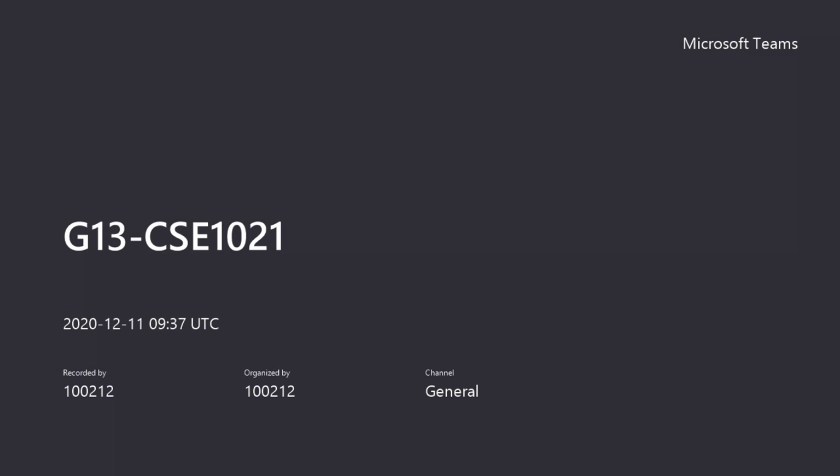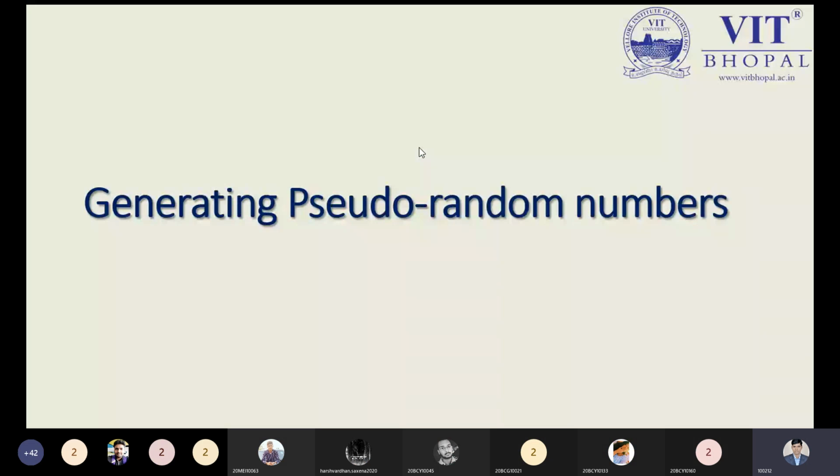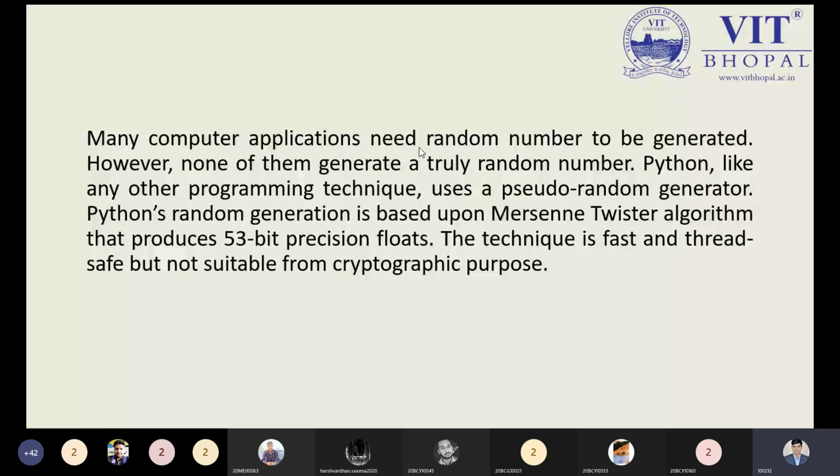Giving this part once again to all. That is generating pseudo-random numbers, since in many computer applications a random number is required. Why random number? Because if you are looking at a random number that is required to generate, we can identify